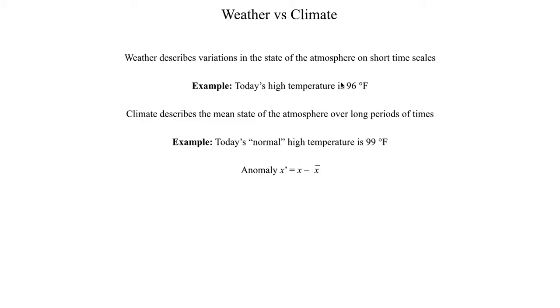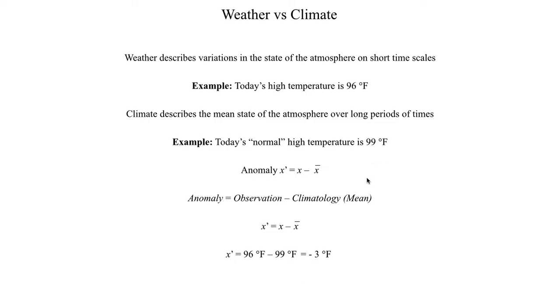In this case, that would be this 96 degrees Fahrenheit. And this x with the overbar is your mean value, which would be your climatology, which in this case is 99 degrees Fahrenheit. If we want to represent that in words, we can simply say that the anomaly is equal to the observed value of a particular measurement minus the average value of that measurement. For this specific case, we take our observed value, which is 96, and subtract from it our average value, our mean value, or our climatology.